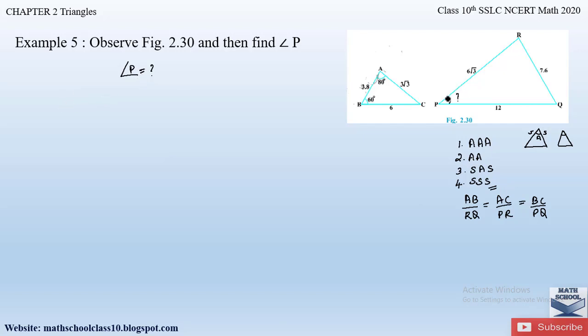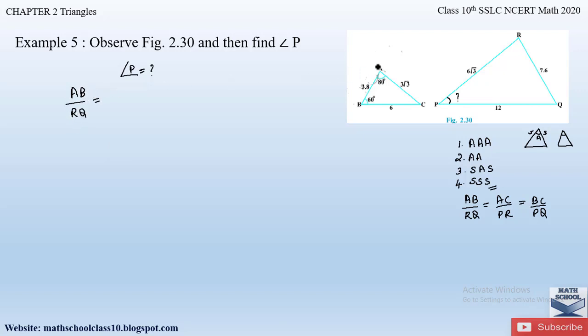Since we have to find out the angle P, first of all let us find out whether the proportion of each side of both the triangles are equal or not. Here the value of all the three sides are given. So AB is 3.8. It is in decimal form. We will consider the side of the second triangle also, which is in decimal, so we will consider RQ here. Any one side of this triangle can be taken with any of these sides of the second triangle. So we will take AB by RQ ratio and find out whether this ratio will be equal to the other two sides' ratio.